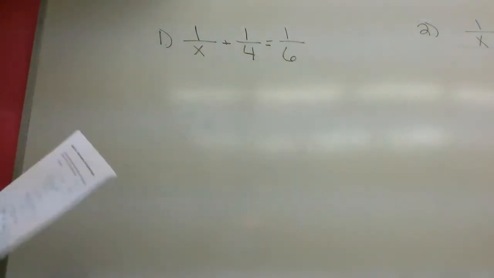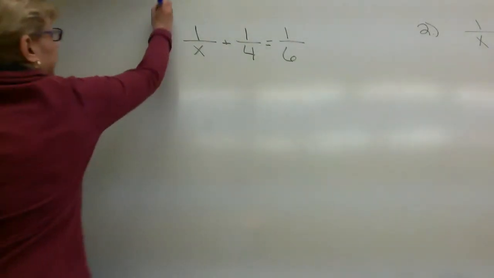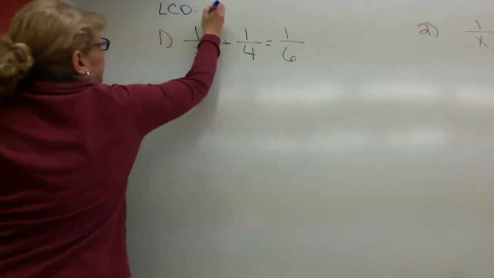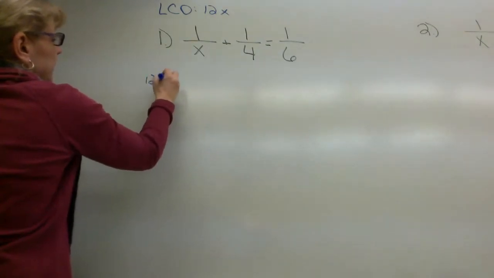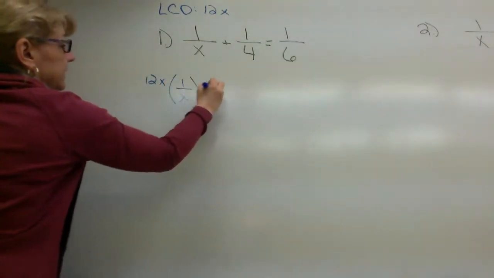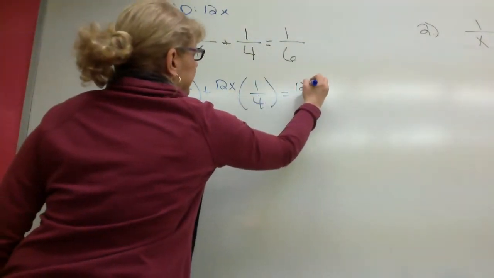Okay, so when we're looking at solving equations involving rational expressions, to solve the equations having rational expressions, multiply each side of the equation by the least common denominator of the rational expression. So when we look at number 1, it's 1 over x plus 1/4 equals 1/6. We're going to find that least common denominator, which in this case is going to be 12x. So I'll multiply the first term by 12x,